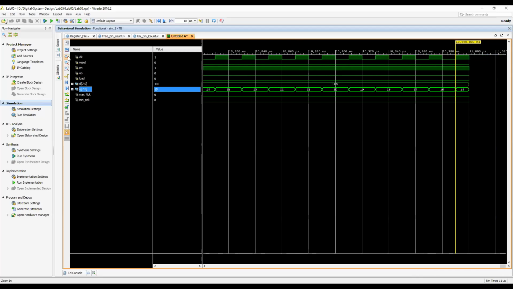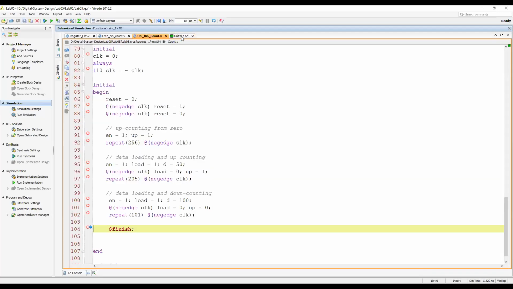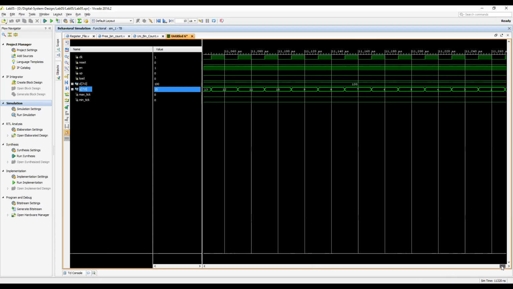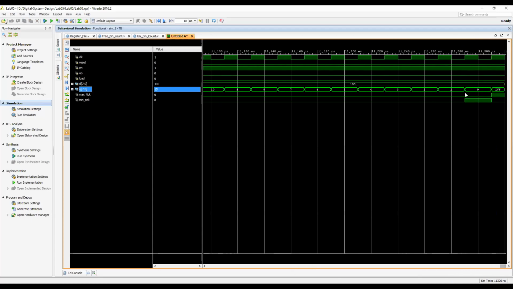This is the 0 value. We need more simulation. Keep going. Here it touches the 0 value, so min tick is generated, and after 0 it goes to 255 and max tick is generated. Okay, so that's it. Any questions before I share the code?